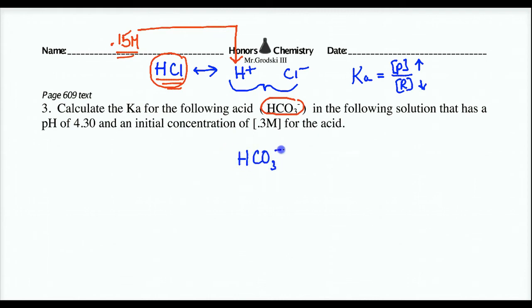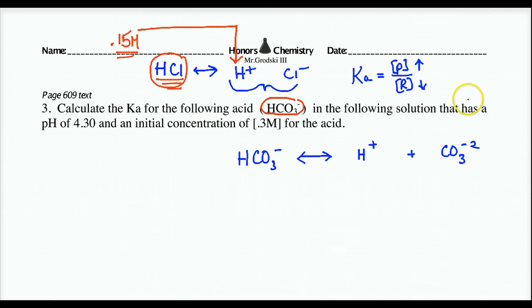HCO3 negative dissociates a little bit, not a lot, into the free proton, which probably gets gobbled up by a water to make the hydronium ion, H3O+, plus, what? Its conjugate base, the carbonate ion. Now, this is an equilibrium more realistic than the strong acid, because the strong acid really just goes one way, completely dissociates. Here we have some back and forth, but for weak acids, their Ka is going to be small,